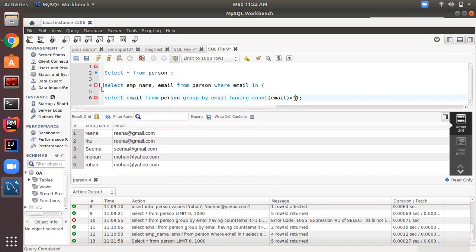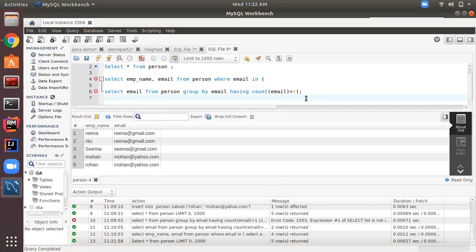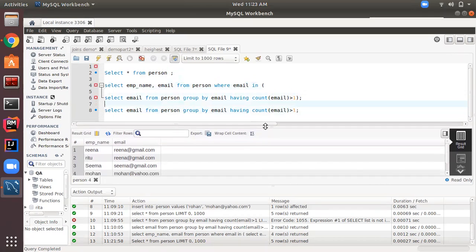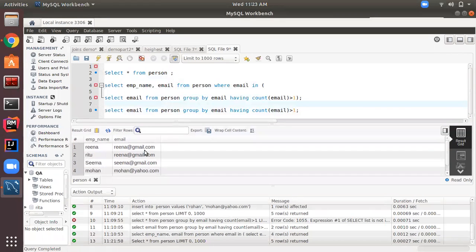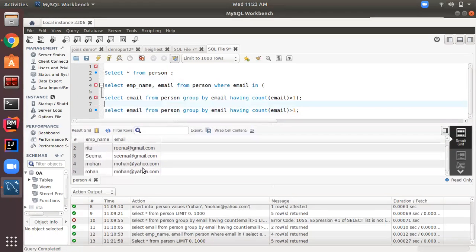So let's execute this inner query first and see what's the output. I am executing it separately in order to explain it. So what output should it display? It will display only Reena and Mohan. Okay, so let me run this.